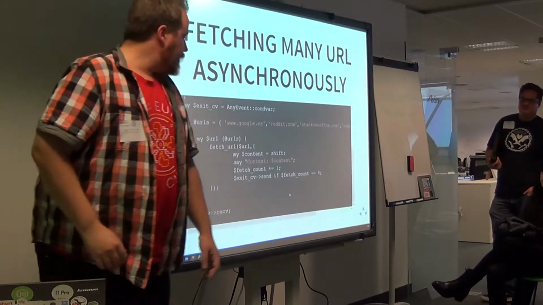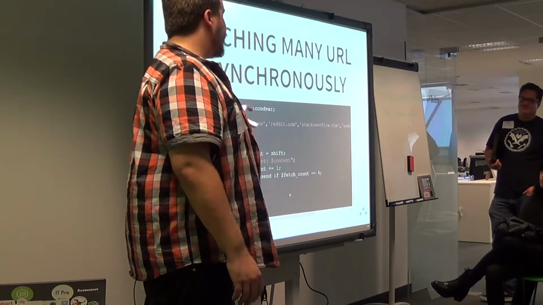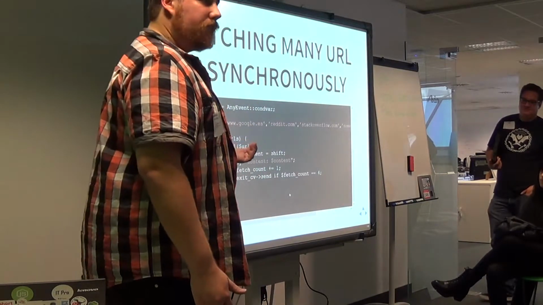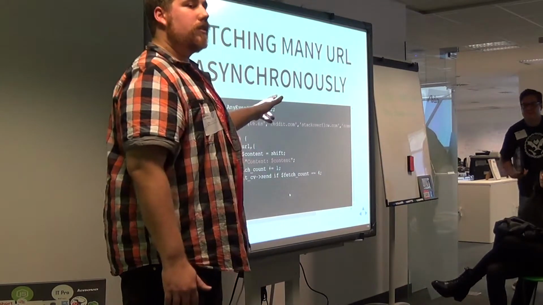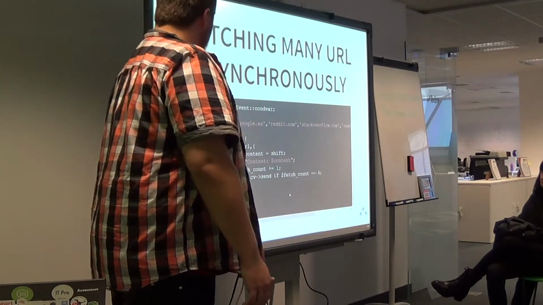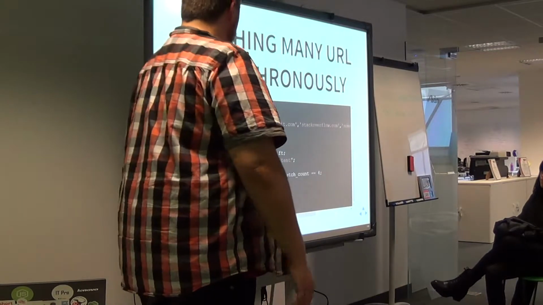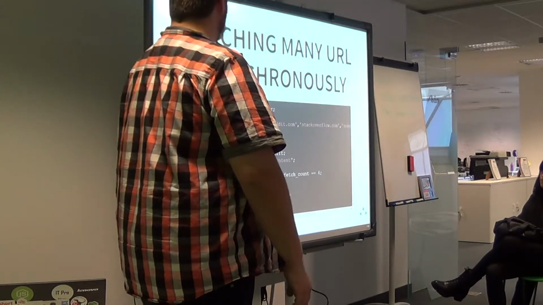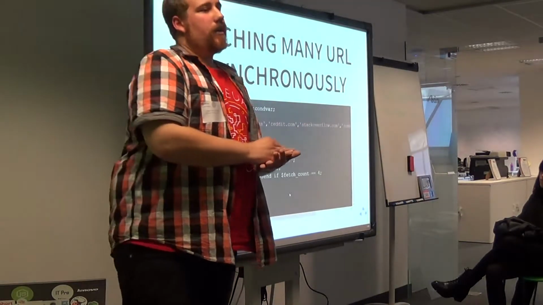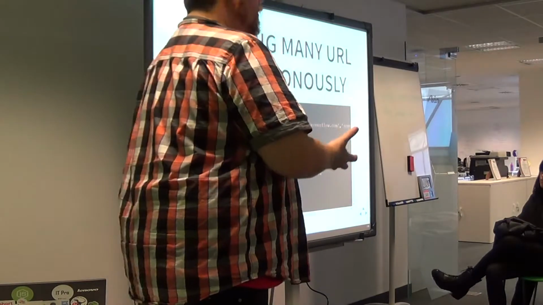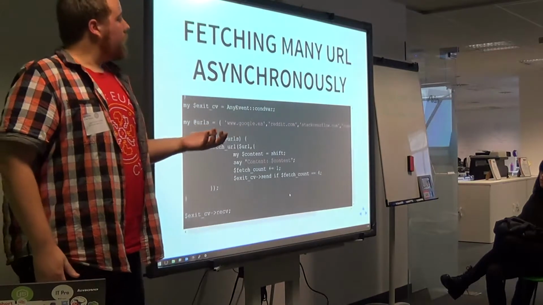The thing is my handler, if I'm going to retrieve many URLs, cannot anymore just say, okay, I have received the content, I can now exit. Because I still have 3 more URLs to fetch. In this case, I'm just using a fetch count. When there are 4 fetches, then I can exit. This gets quickly very complicated and convoluted to handle when you have a lot of things to retrieve asynchronously. So, to handle this complexity,